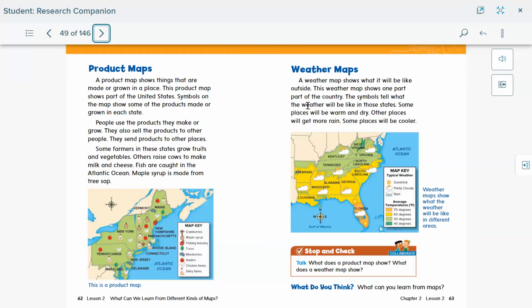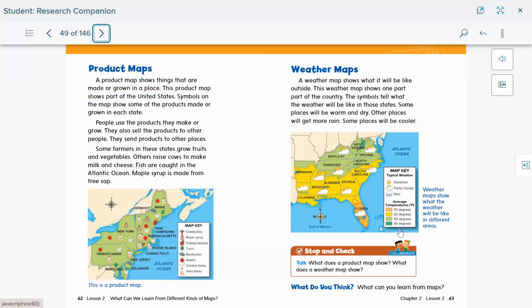This weather map shows one part of the country. The symbols tell what the weather will be like in those states. Some places will be warm and dry. Other places will get more rain. Some places will be cooler. So if we look at the map key